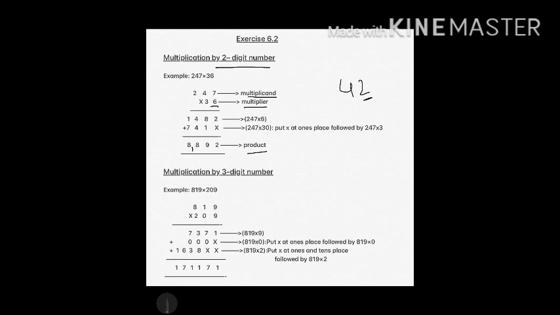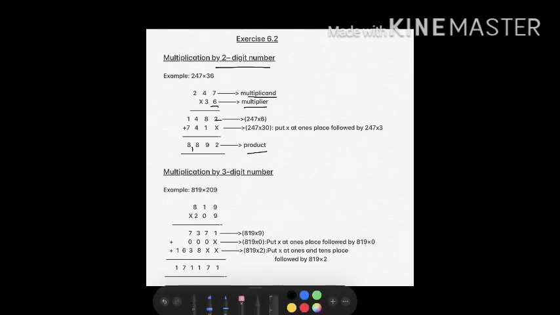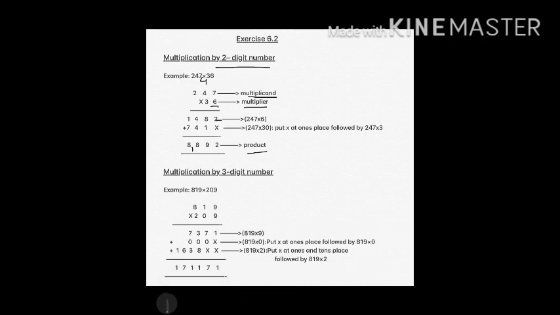So what I'll write, the ones place digit I will write here, and this digit will go as a carryover. All right, students? So here, this will be the carryover. That is 4 I will be putting here. Okay. Then the next number, 6 4s are 24 plus 4 is 28. So again I'm getting a 2-digit number, 28. So 8 I will be writing here as the answer, and 2 I will be carrying over to the next